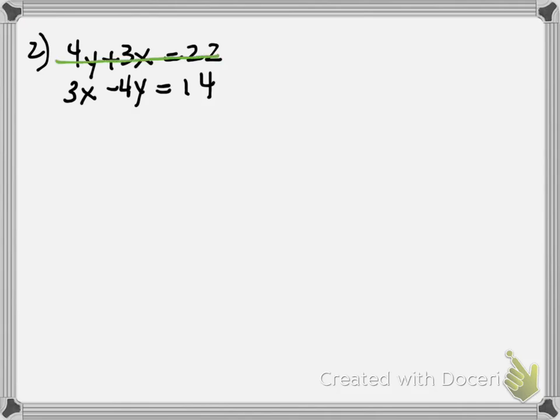So we've got 4y plus 3x equals 22. And we've got 3x minus 4y equals 14. Now, what's a little bit confusing about this problem? It's flipped. We've got things organized differently. And so what I can do is take one of the equations and use the commutative property, and I can change the order. So you may have to do that small alteration